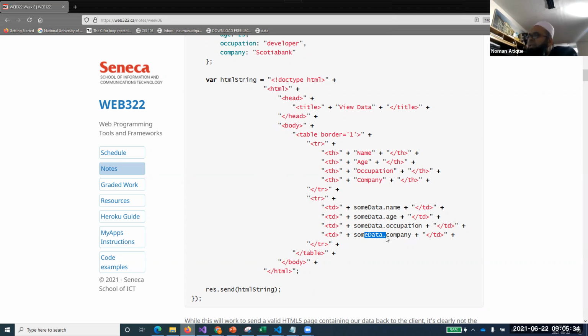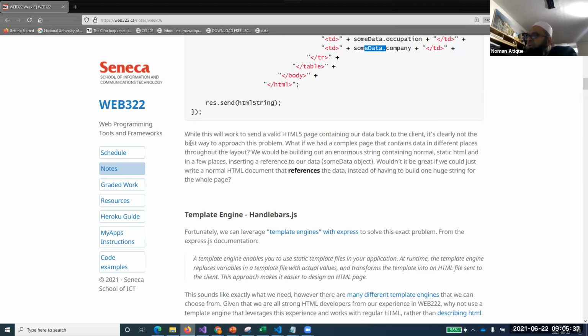So while this works for sending valid HTML5 containing our data block to the client, it's clearly not the best way to approach this problem. What if we had a complex page that contains data in different places throughout the layout? We would be building an enormous string containing normal static HTML, and in a few places inserting a reference to our some data object. Wouldn't it be great if we could just write a normal HTML document that references the data instead of having to build a huge string for a whole page?